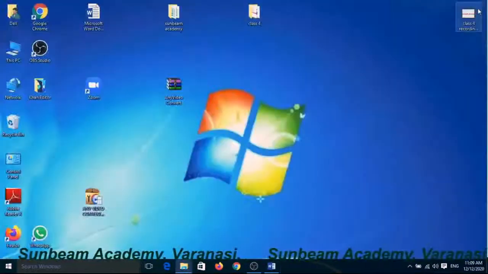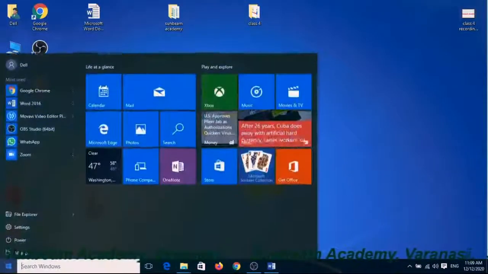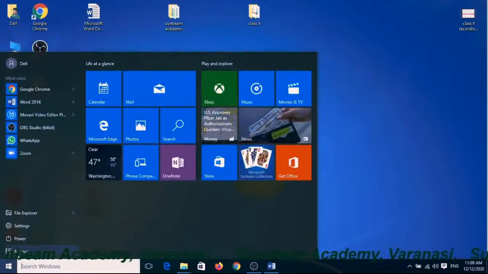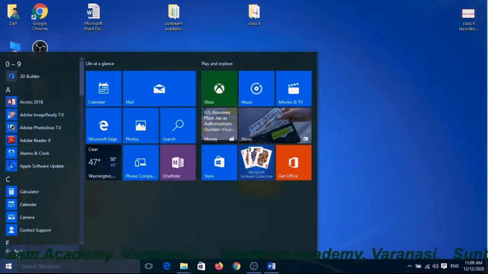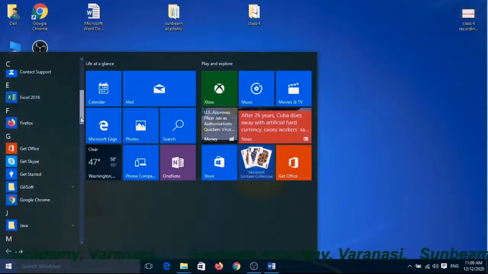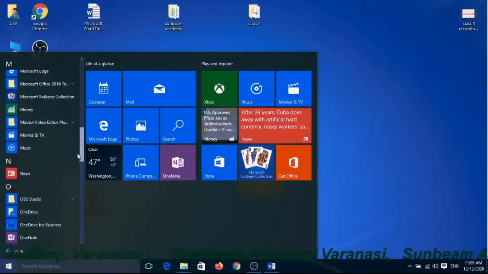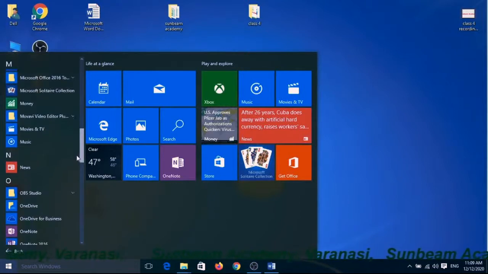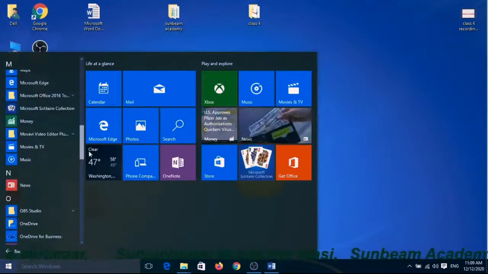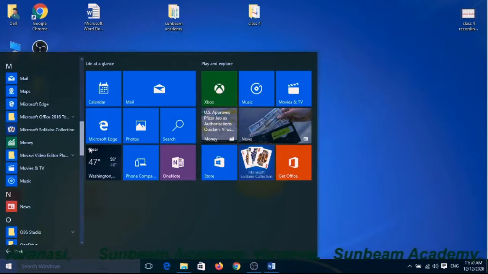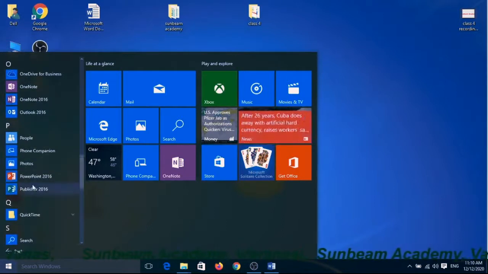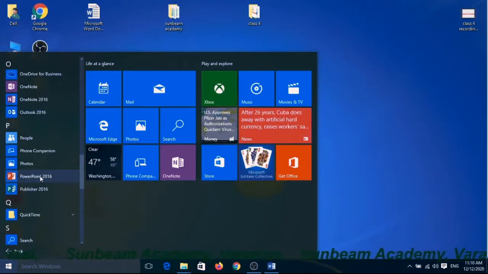Once again, click on the start button, choose all apps or all programs, and scroll down to search for Microsoft PowerPoint. Here it is, choose Microsoft PowerPoint. It is a P for PowerPoint 2016.